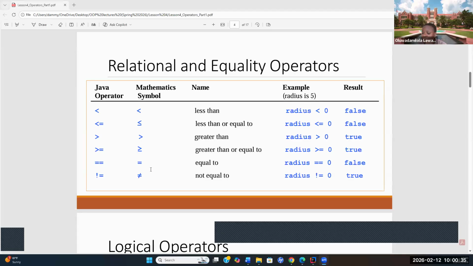I think we discussed in lesson 3 that the single equals symbol is the assignment operator. That's when you're assigning, initializing a variable to a value. For instance, when you initialize int apple equals 50, the equal sign is telling the compiler that apple is 50. So they're two different things. When we use the double equal sign